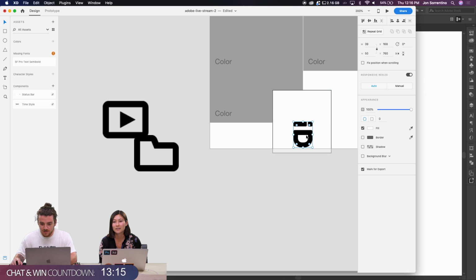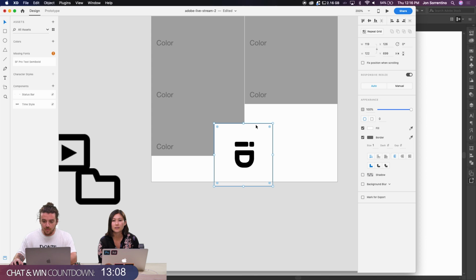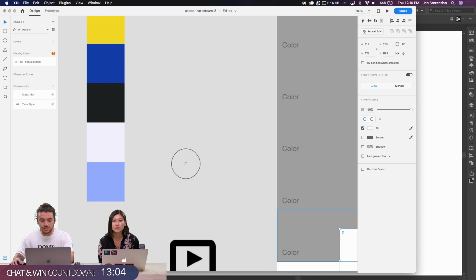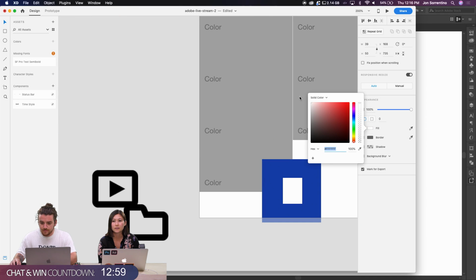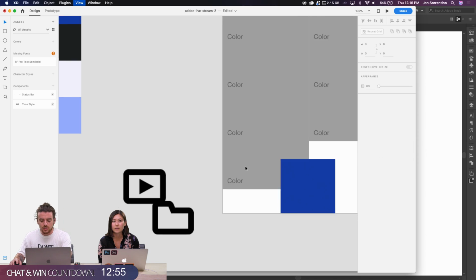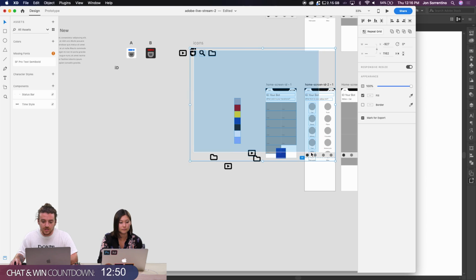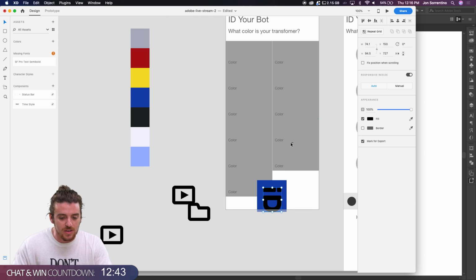So, okay, we have our transparent PNGs now, which is great. I think I'm gonna leave this at a height of 50. And when I was thinking about the choices for the direction of these shapes, there's not too many circles in Transformers, so I think having a lot of rectangles and squares with rounded edges might be a little bit better.